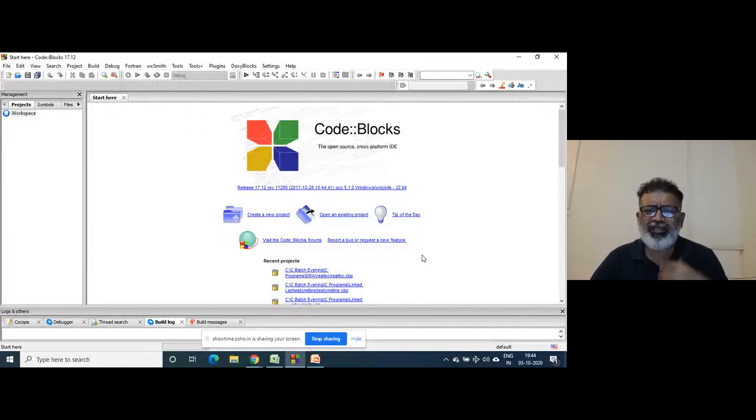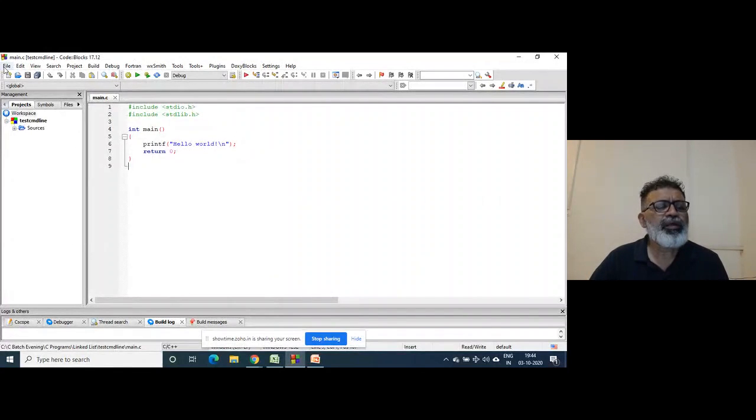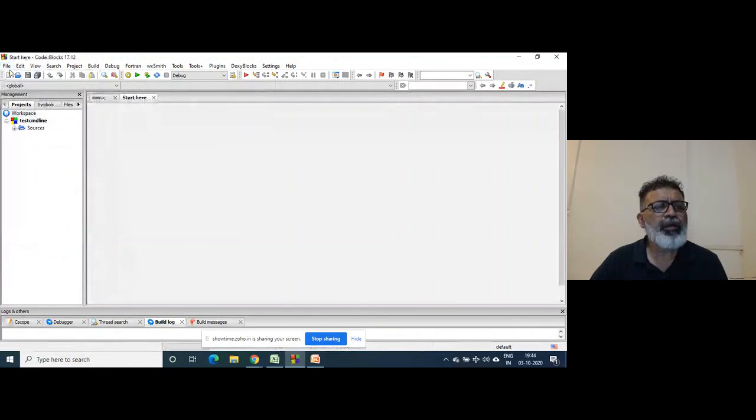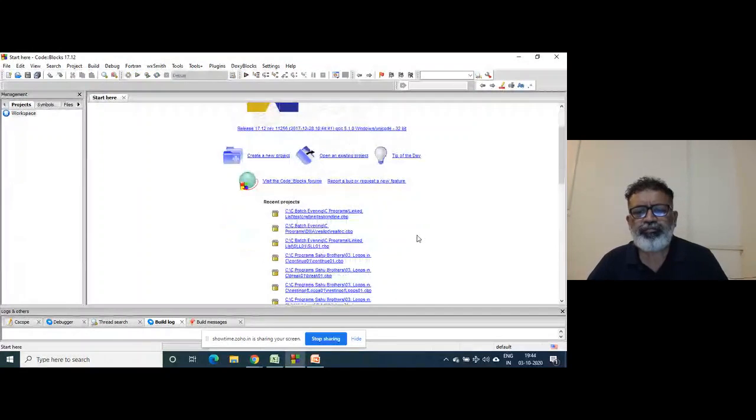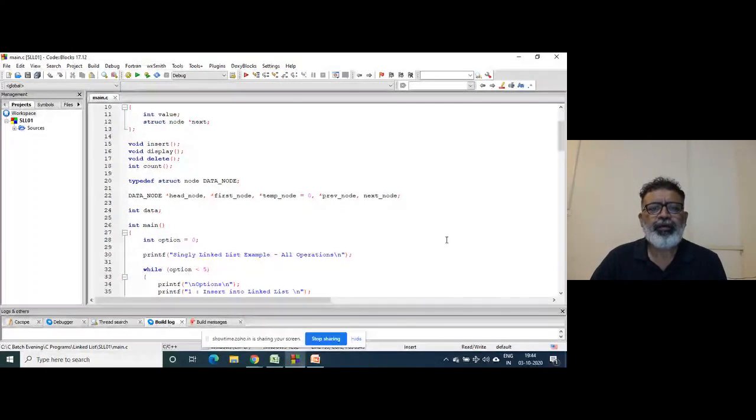Some of you might have learned this data structure part, but one program is there. If you haven't learned data structures, then you may not be able to understand this.